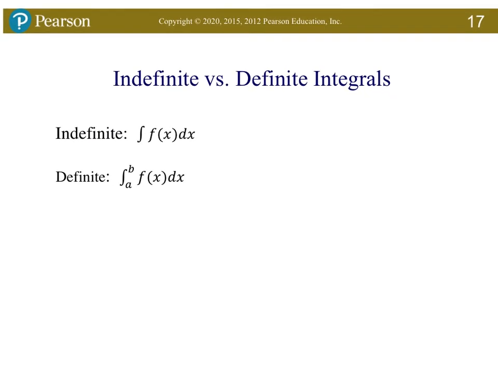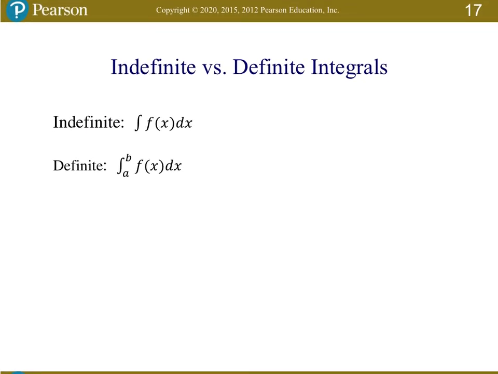So let's look at the difference. An indefinite integral is one without bounds, where you integrate and you end up with capital F of x plus the constant c, which represents a family of antiderivatives that could all come from that same function. A definite integral has bounds a and b, where you actually evaluate